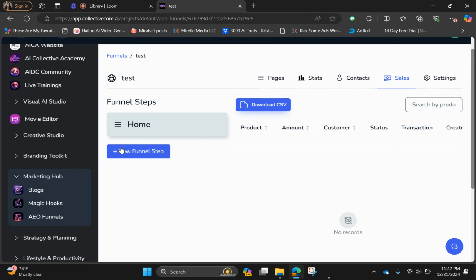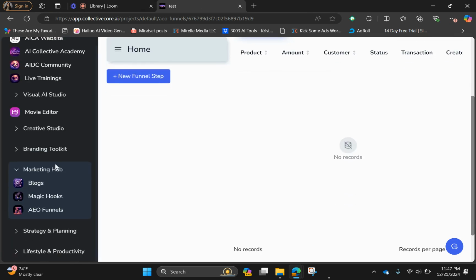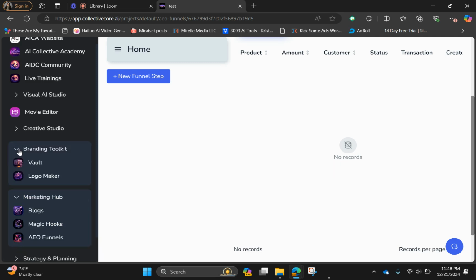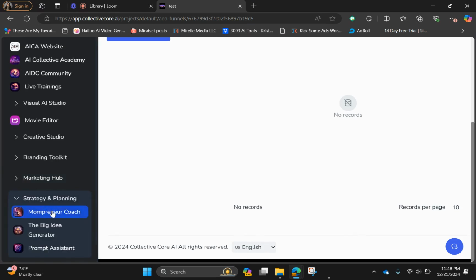And then you can add your own domain on here too, which I need to add from my backend. I'll add it so that you will be able to see the domain under branding kit. Okay. So the next one is apps that I've created.